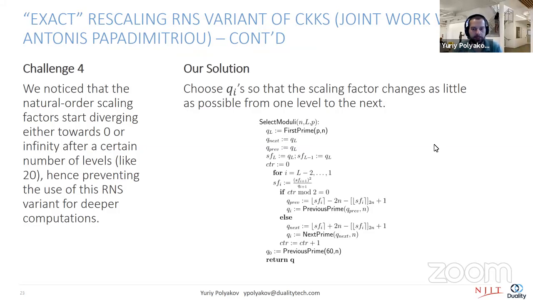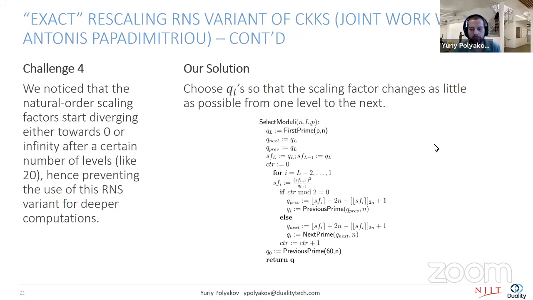So the procedure that is presented here, I'm not going to go into all the details, but the idea is we start with a certain scaling factor, like QL in this case, and then we choose all other prime moduli for the following levels in a way that minimizes the, I'll call it the error, in choosing the next scaling factor. So that the scaling factors stay as close to each other as possible